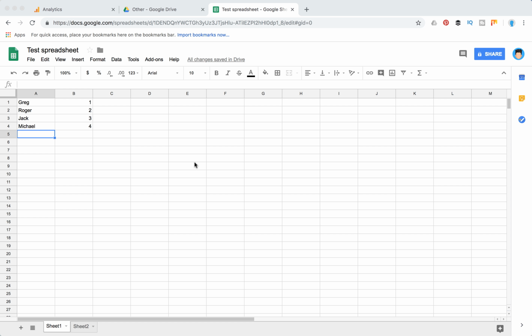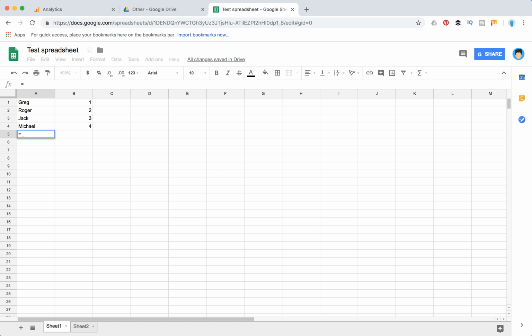Hey guys, so how to reference data from one Google spreadsheet into another spreadsheet. So what you need to do, for example, we want to import in this cell A5 some data from sheet 2 A1. So I will just show you how it's done via some formula, and then you can just use your mouse. So in order to reference some data, you just type